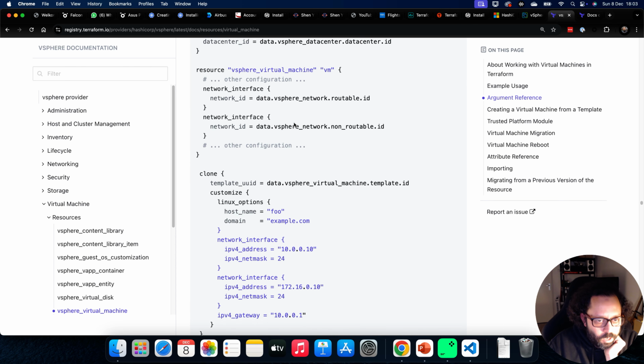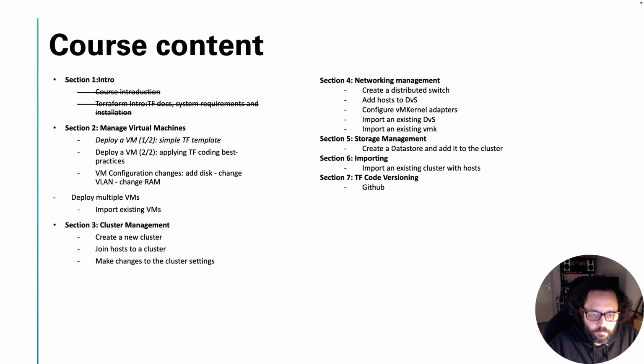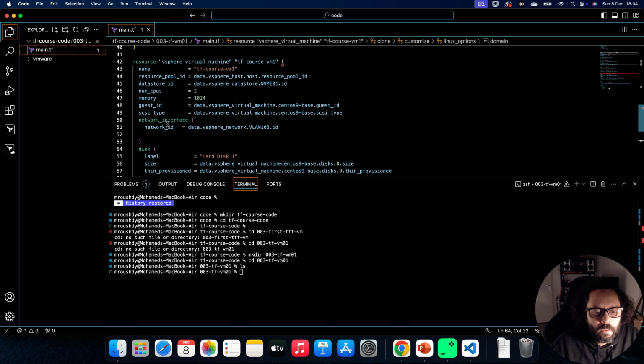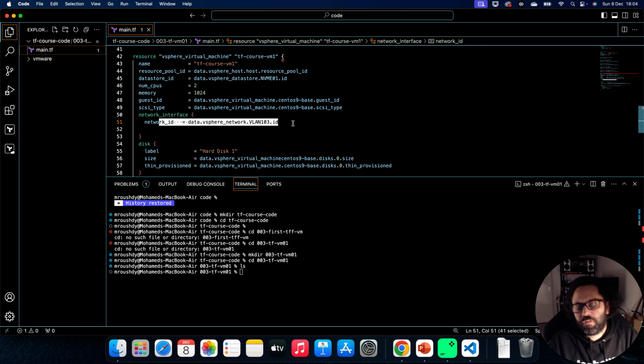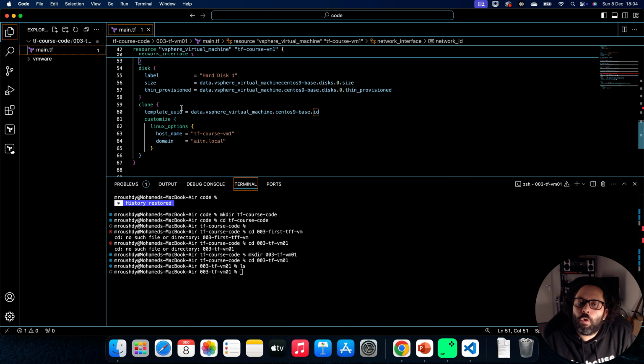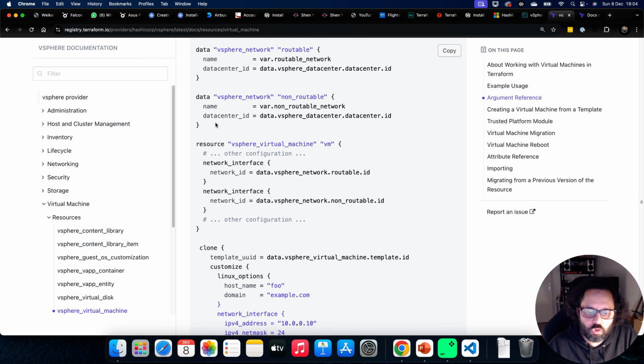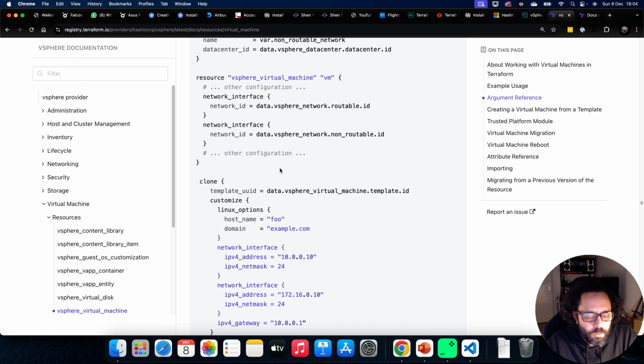So here in our code, we have instructed Terraform to create a network interface, but it's missing the characteristics. And since it's going to be a clone, we also need the OS to be customized. Is it going to be DHCP or a static IP address? So here it is. I was just looking at the wrong place on the page, but in my opinion, HashiCorp should just place it at the correct place. So now under the clone